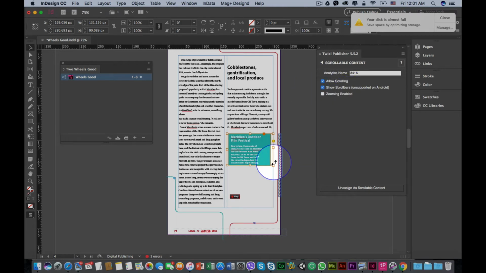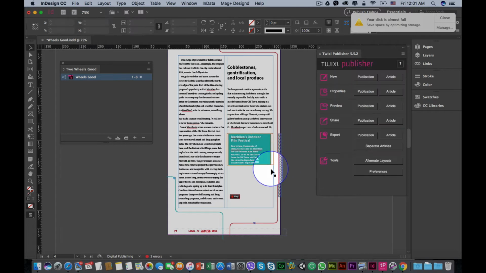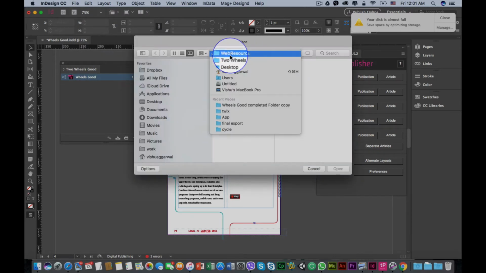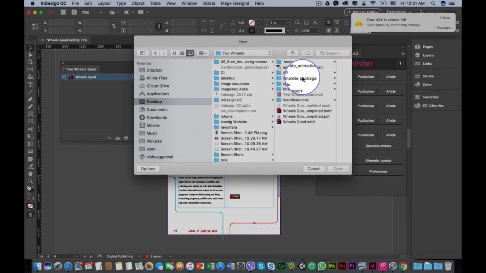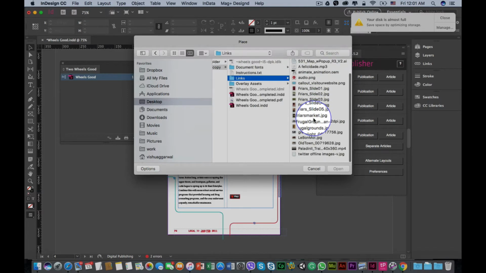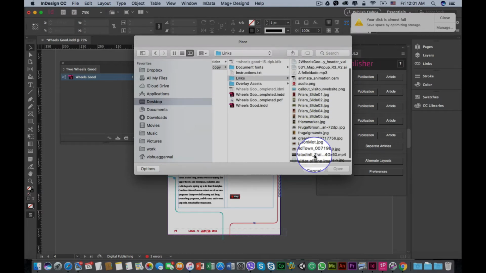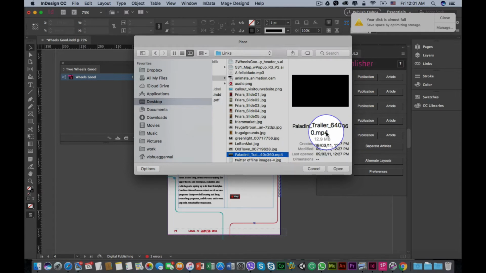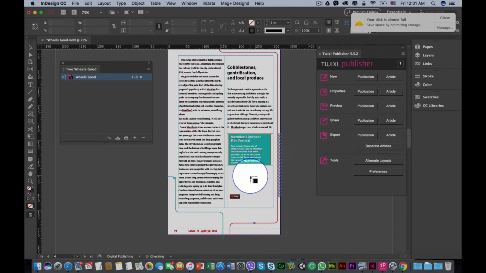So we've done that. I just want to put the video over here, so I go to File, Place, and I have a package over here. Inside the completed packages, I have the links. I will take the video from here, which is in the MP4 format. Make sure it is in the MP4 format with a codec of .264. Open, and I'm going to place it over here